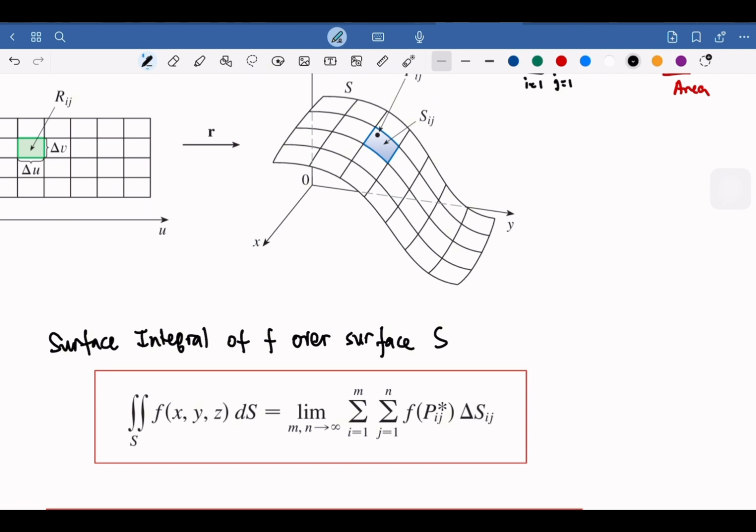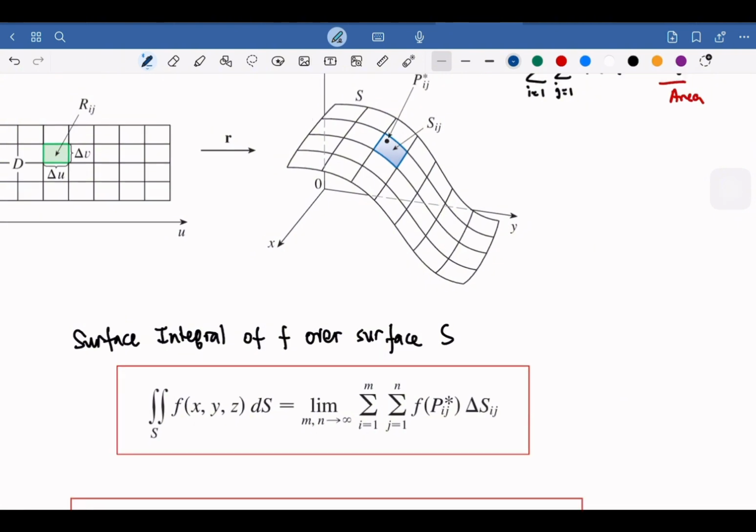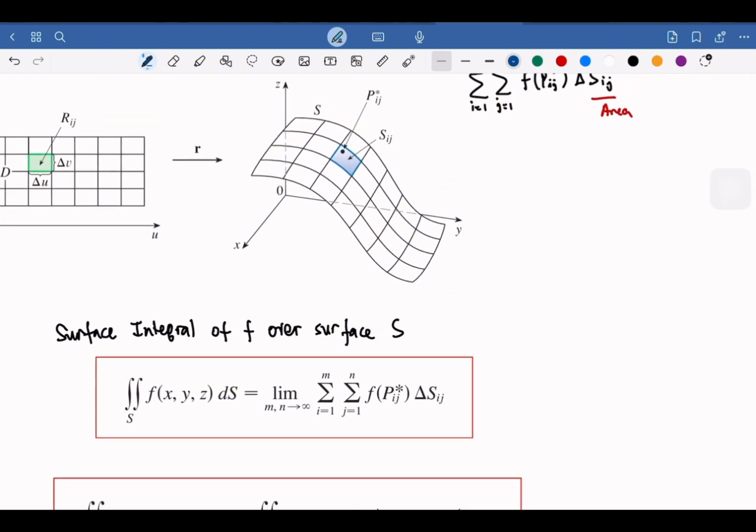So the parallelogram with the cross product, that is going to be our dS or delta S. So we can approximate the delta S approximately. This will be the magnitude of the cross product Ru cross Rv, and then multiplied with the delta u delta v,